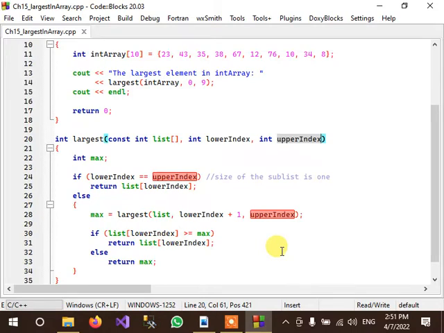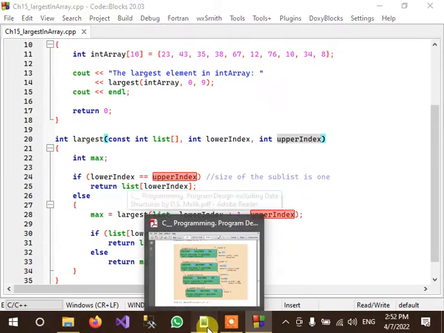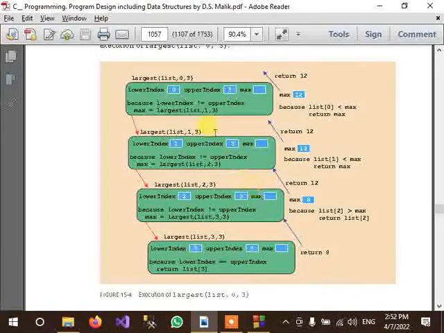So how will we define its recursive definition? We know that we have to define two cases. First is the base case and second is the general case. So let us learn its logic first. There is a diagram that explains this process. You can see here